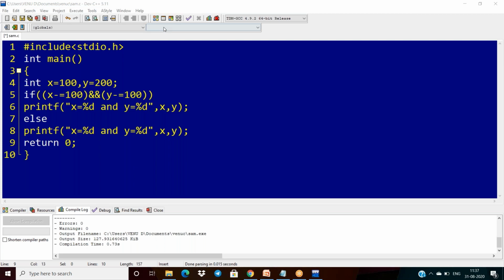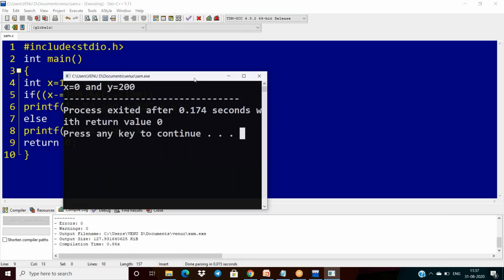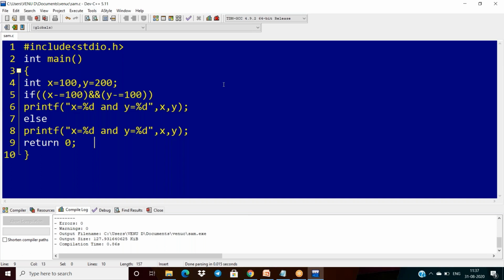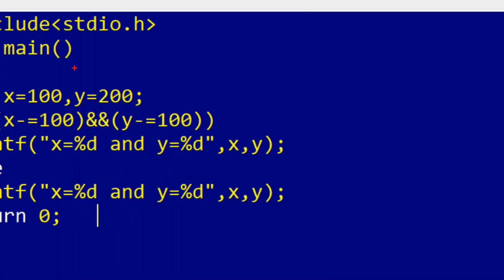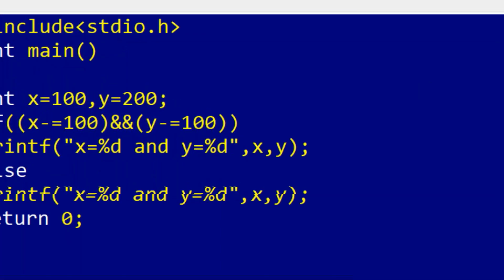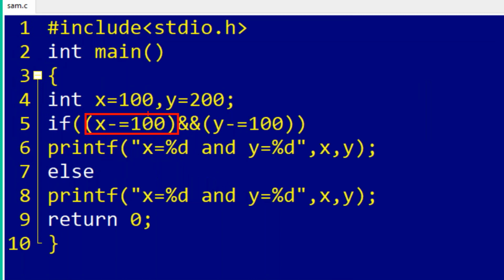The answer is 0 and 200. Not 100, 200, and not 0, 100. The answer is 0 and 200. This is a special case. If the first one is 0, this is false, and false AND anything is false.